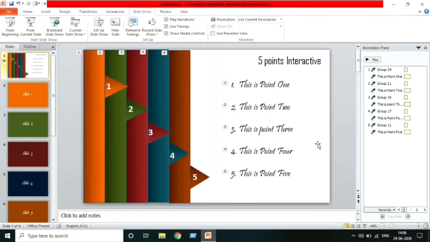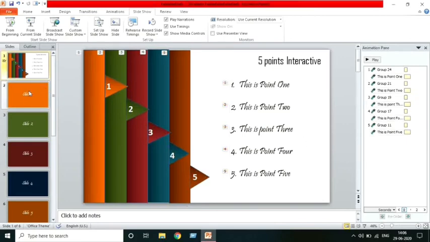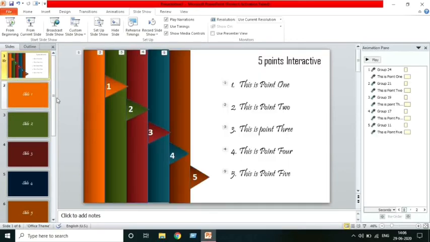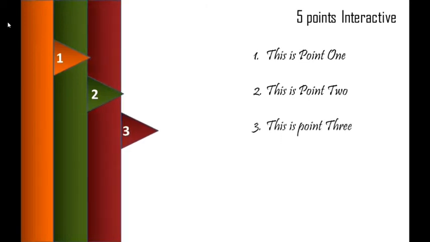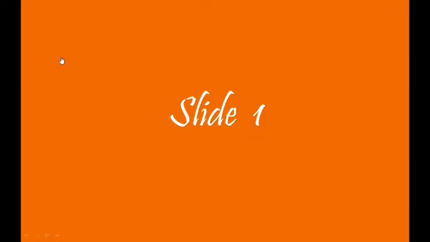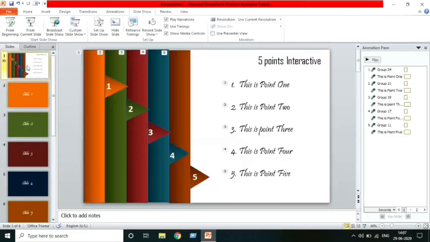So we have linked all the slides successfully with this number. Now once we link to this slide and we want to come back to our main slide, I will just show you the slideshow, how it will link up. Here you can see these are our points coming, and I wanted to go to slide 1, so simply I will click on this and I will be navigated to slide 1. But now from slide 1 again I wanted to go back to my main slide, so for that what we can do, here again we'll come back to our main slide.